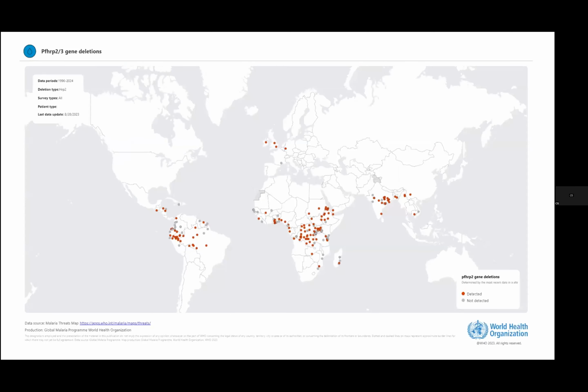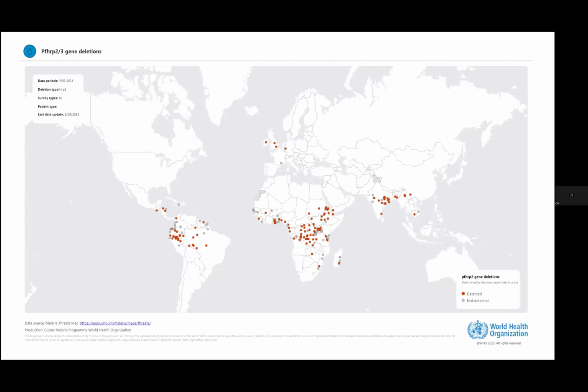Here again, we have a malaria threat map showing where all of these HRP2 gene deletions have been detected. They were originally first reported a decade ago in Peru and were subsequently found in neighboring countries. And this led to a reversion to microscopy as the primary diagnostic tool in this region. And over the past 6 years, there have been an increasing number of African and Asian countries where diagnosis is heavily reliant on these assays, which have reported HRP2/3 deletions, raising the threat to a new level, such that